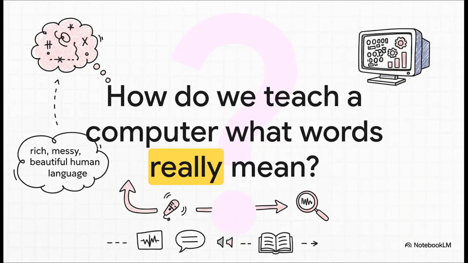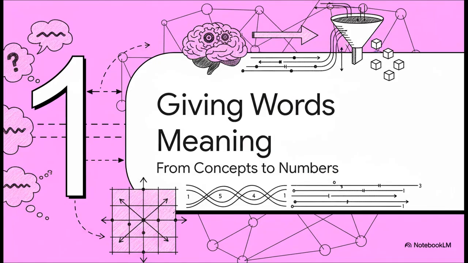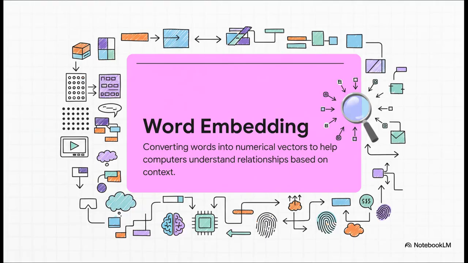The whole thing really boils down to this one massive question. How in the world do you take human language, which is messy, creative, and just full of nuance, and translate it into something a computer can understand? Because at the end of the day, a computer only speaks one language, numbers. And that was the first huge hurdle to overcome, turning these abstract ideas, these words, into cold, hard numbers. This is, and I can't stress this enough, the absolute foundation of what we now call natural language processing, or NLP.